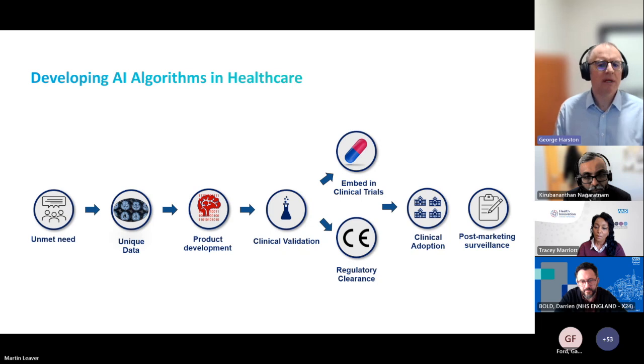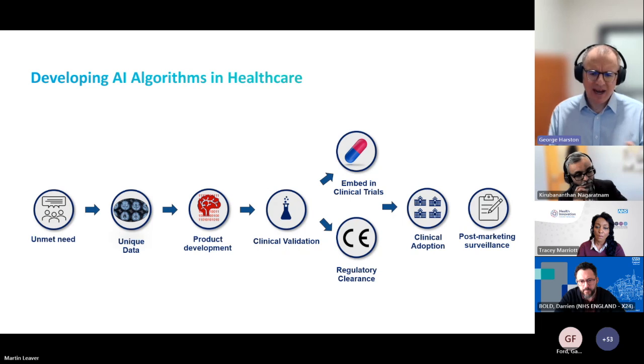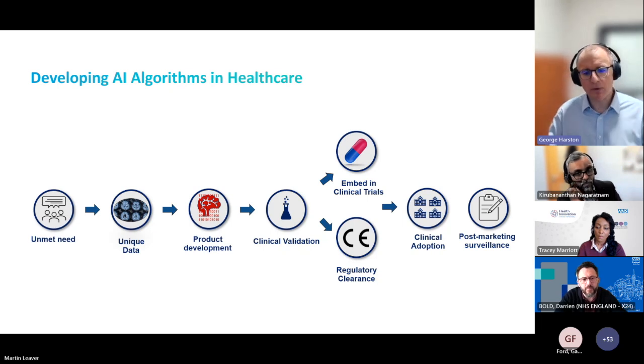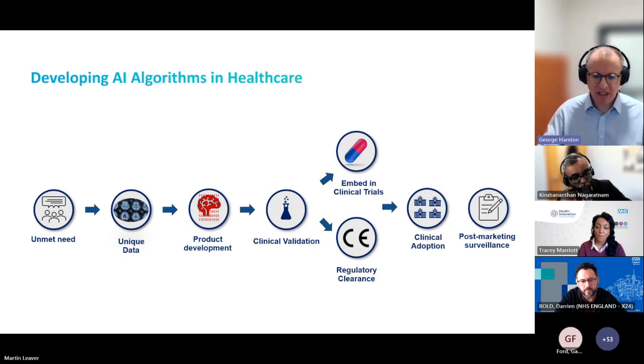It's not an algorithm. Algorithms are core to what we do, and you can get very interested in algorithms. But actually, an algorithm on its own doesn't really help very much. It has to sit in a product that's embedded in a patient pathway. And then you need to validate your technology and demonstrate not only its performance, but also its value before you get clinical adoption. And then you need to monitor it once it's in the wild,